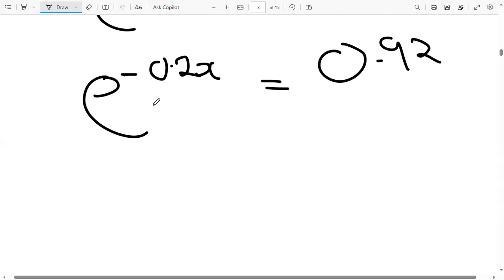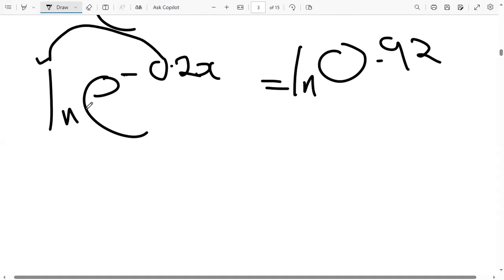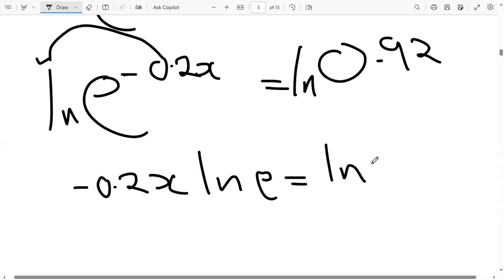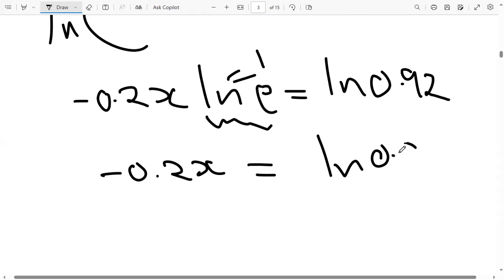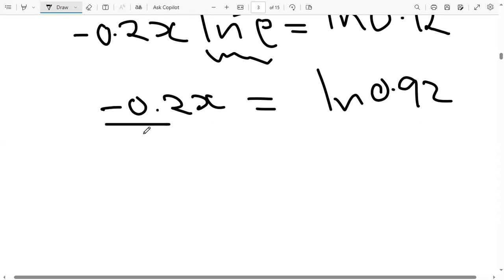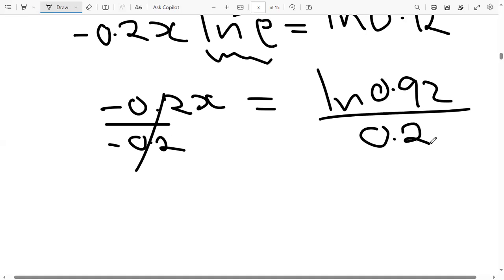And then how do you find this value of x? You introduce ln on this side, and ln on this side. So it means this power can drop now. So we are going to have minus 0.2x times ln e is equal to ln 0.92. From here we see that ln e will just be equal to 1. So we have minus 0.2x is equal to ln 0.92. So we divide both sides by minus 0.2. So our x, which is the number of days, will be equal to